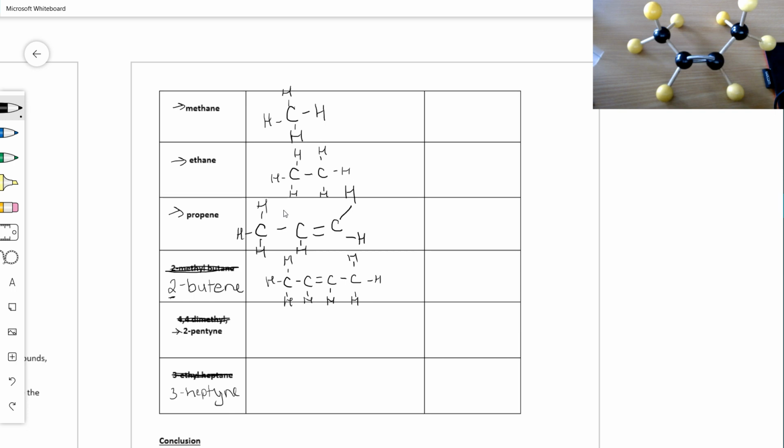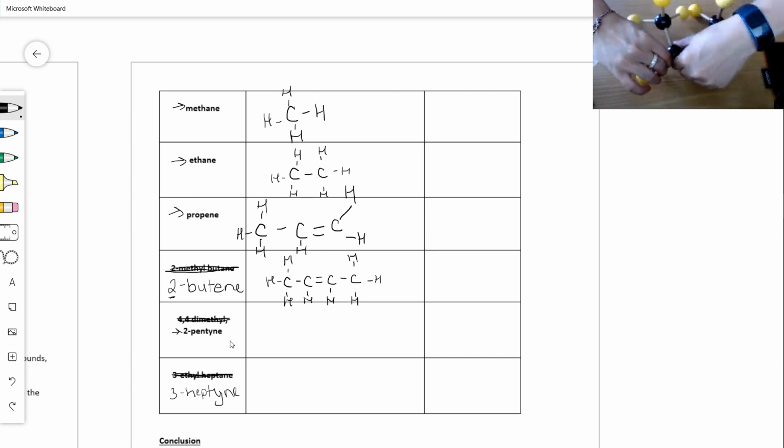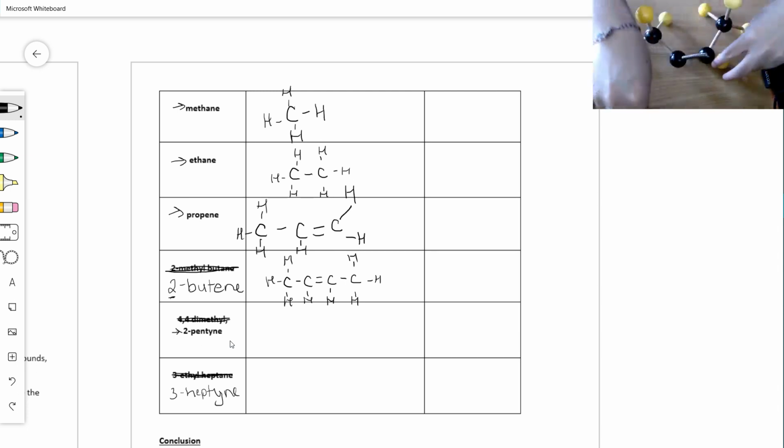All right, now things are getting a little more complicated. 2 pentyne, right? Pentyne, YNE, means a triple bond. So I need to find my last spring. Because it's another 2,